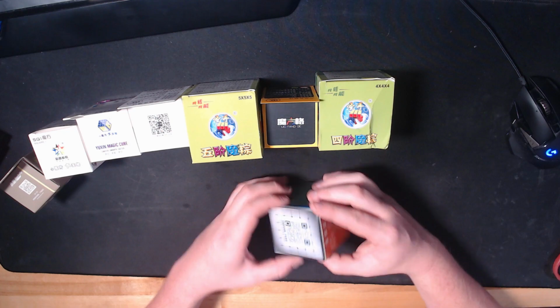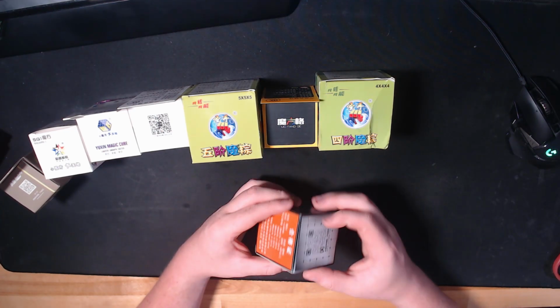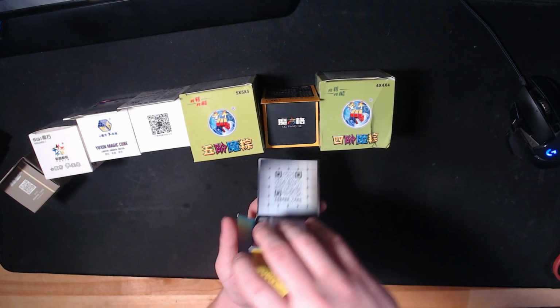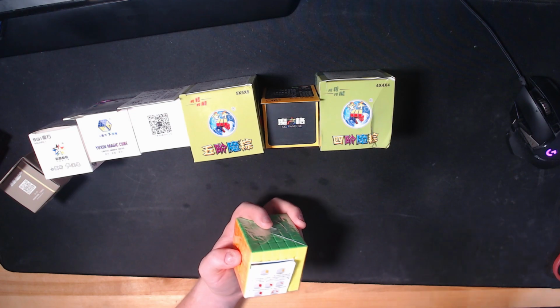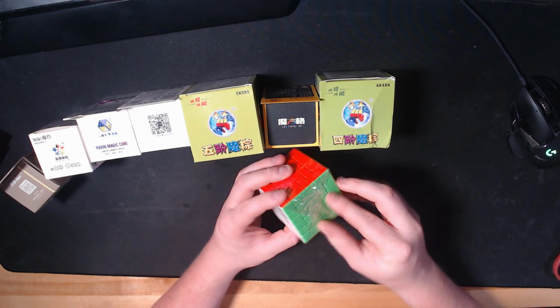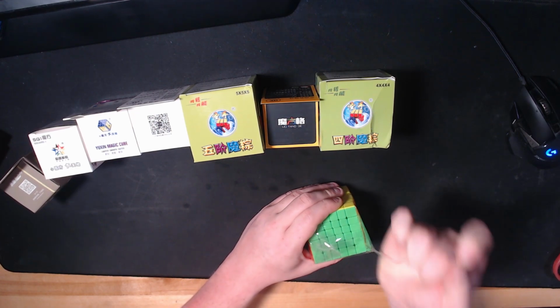So guys, we're going to go ahead and start with the 6x6. YJ's normal box. I really like how they do their design with the holographic images. I think it looks really clean. So I got bright white. We got a little how to solve. And I'll do a full video on all of these. I just want to do my quick